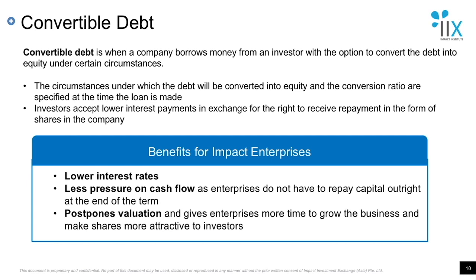Sometimes that's at the option of the lender, sometimes it's at the option of the company that's borrowing the money. The specific triggers, the specific circumstances under which the debt could or must be converted into equity will be laid out in the agreement between the lender and the borrower. And typically, investors accept lower interest payments from the company in return for the option to convert the loan into